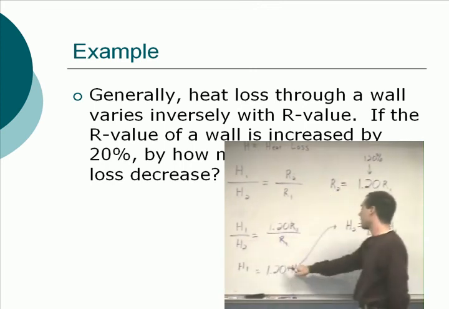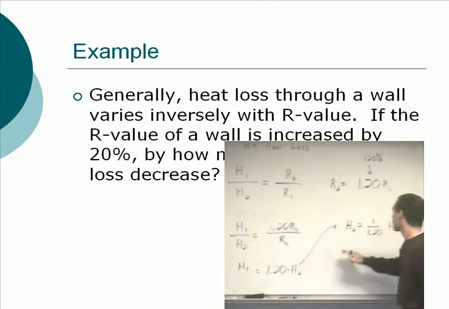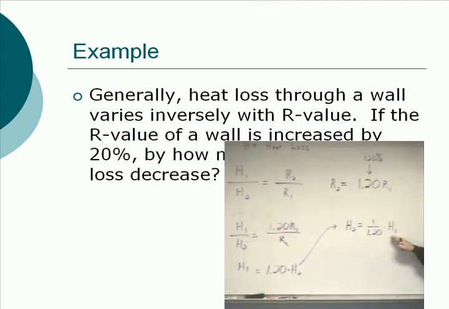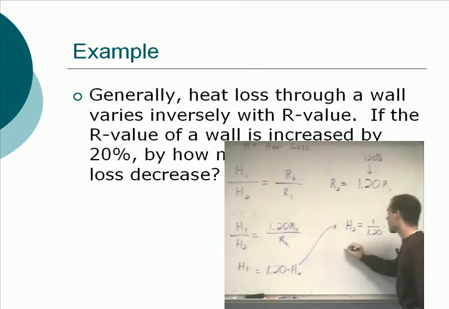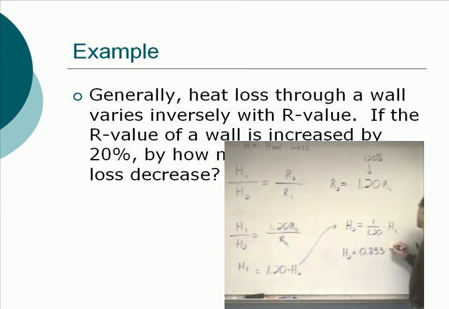And so with that, I can divide both sides by 1.20, and I get H2 equals 1 over 1.20 H1. Now, what's 1 over 1.20? Let's just divide that out. H2 equals 0.833 times H1. Or in other words, our new heat loss is only